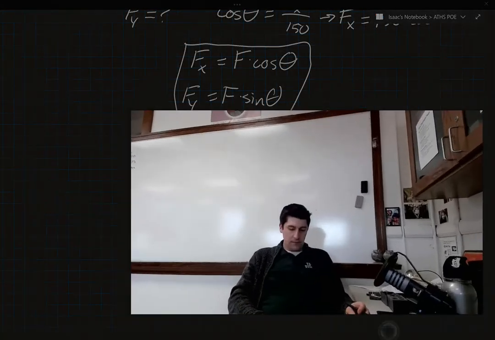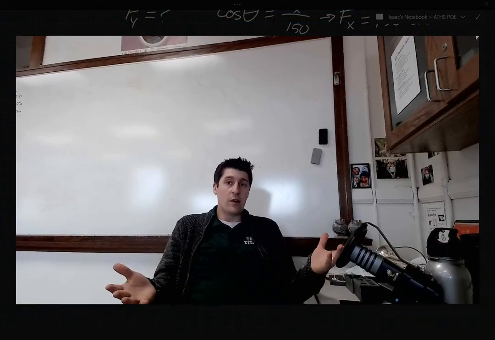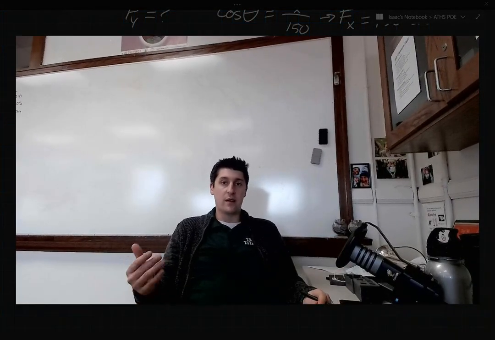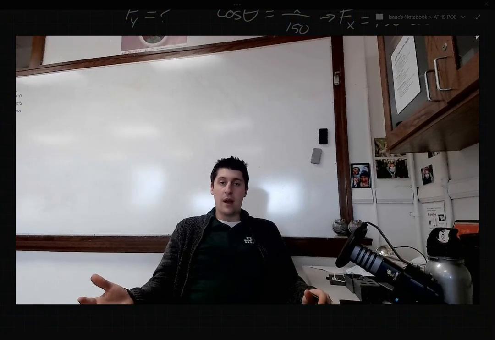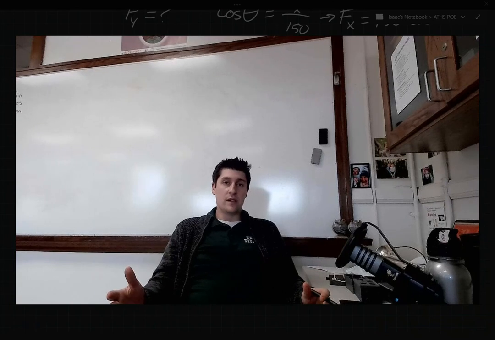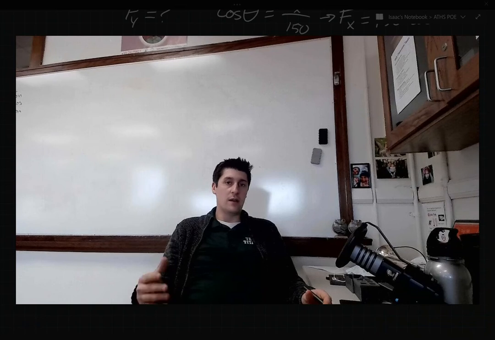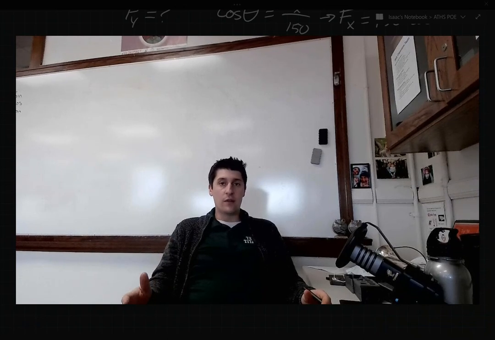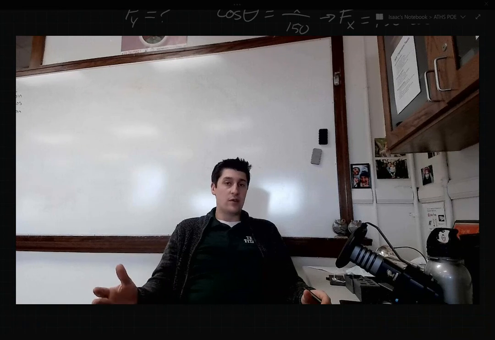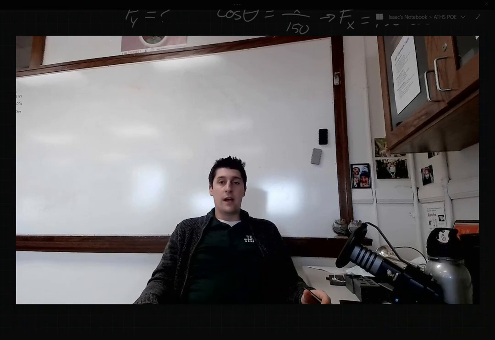Ultimately, it's smart to just draw the triangle and identify your opposite, adjacent, and hypotenuse to make sure, if you're not 100% sure. If it's a horizontal angle, as in it's with respect to the x-axis, then you can just go ahead and use those equations that I gave. Otherwise, double check, make sure that you've got your opposite and your adjacent in the right place. As we work through these in class, we'll get better at this. I would encourage you to use this video as a review, and obviously let me know if you have any questions. But this should be enough